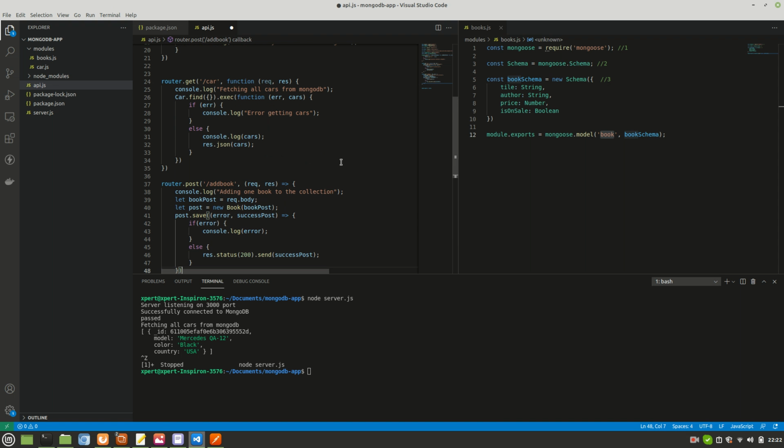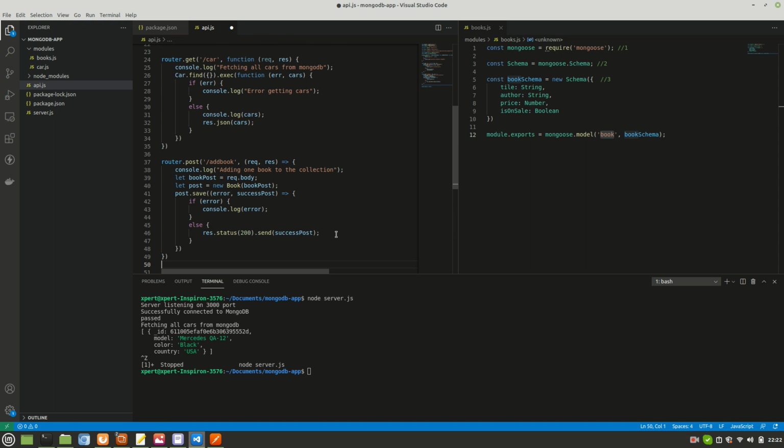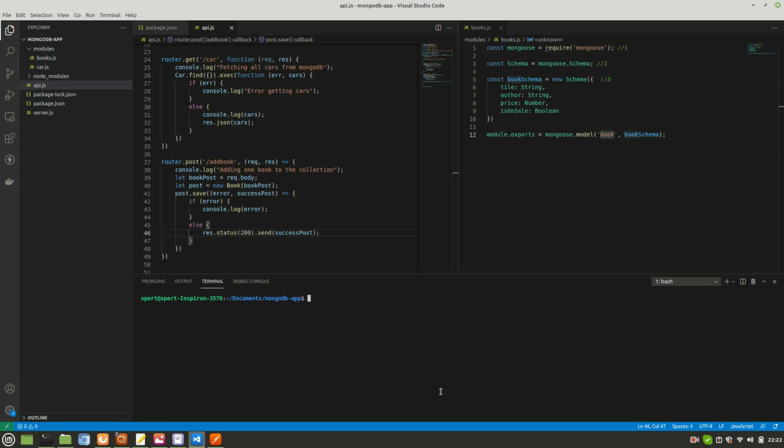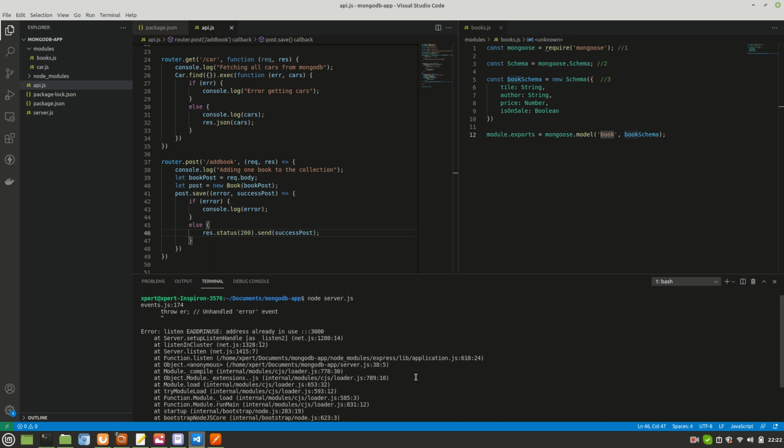Let's save the code and see what happens. Let me remove some extra lines. Okay, I've saved the code and I'll clear the log and then run it again. Let's see what happens. Okay, there is an error.